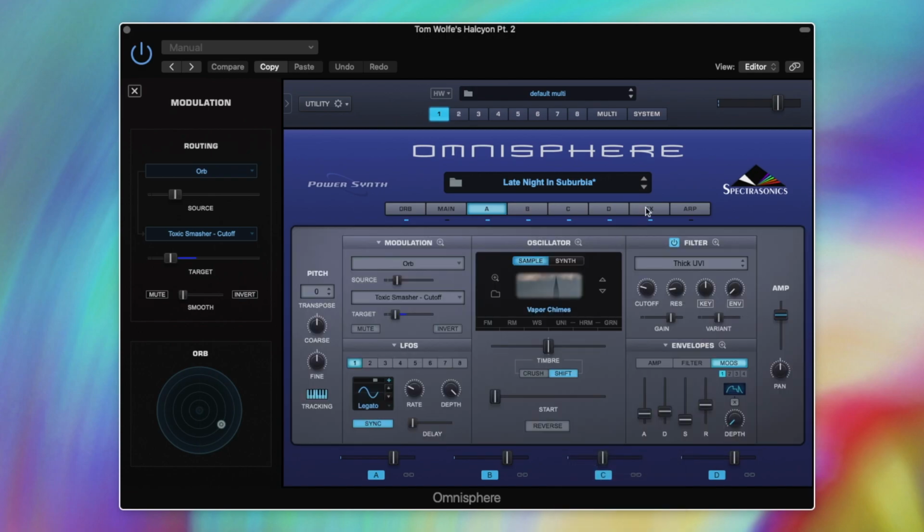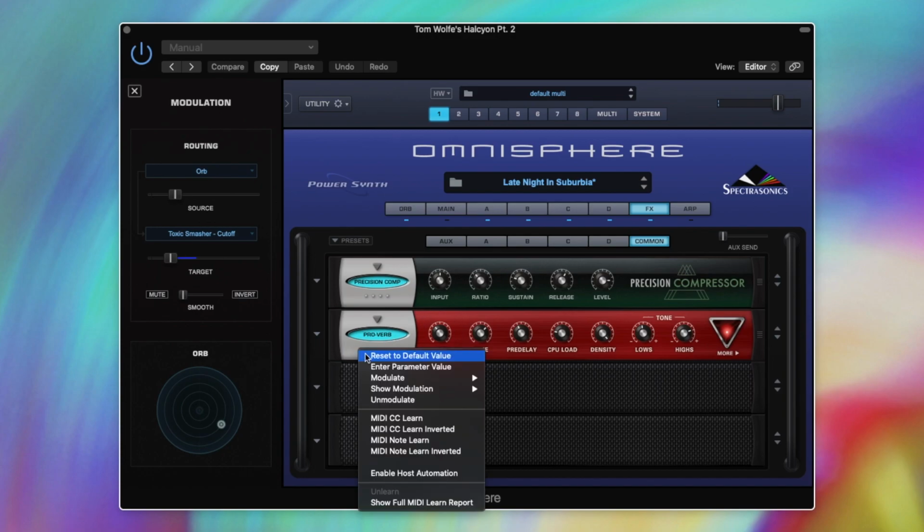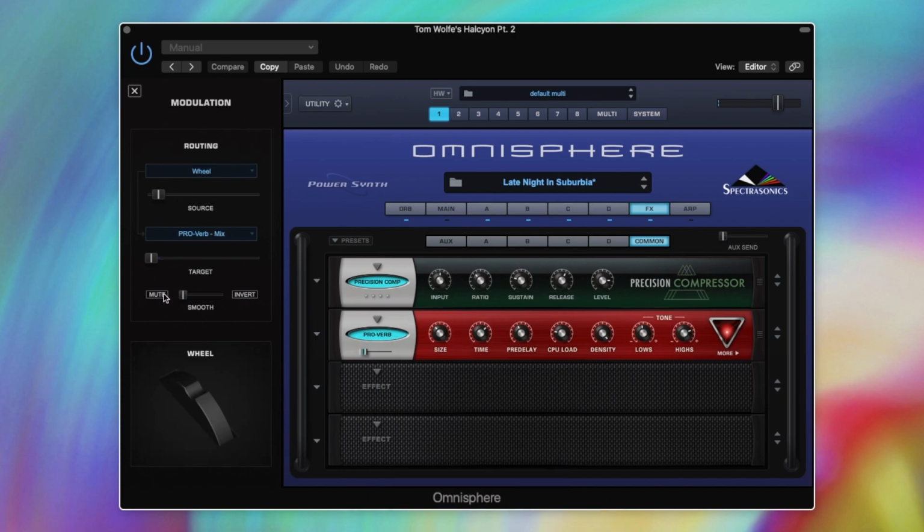Okay, and then one last thing on our mod wheel as well is our Proverb. So we can switch our Proverb on, and again, when we've not got the mod wheel open, we're getting 0% mix here, so we've got a completely dry sound. But then when we open our mod wheel, you can see here we're bringing in just a tiny little bit of reverb, okay? So we've got the time set to